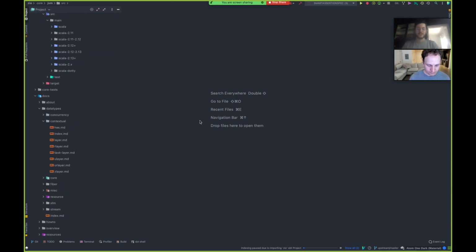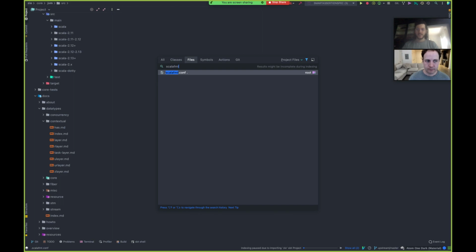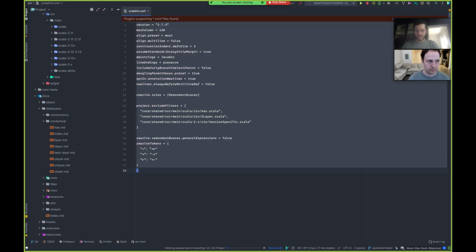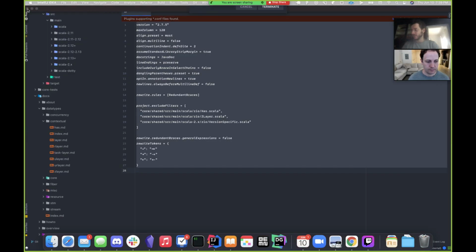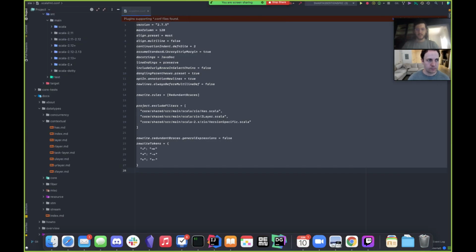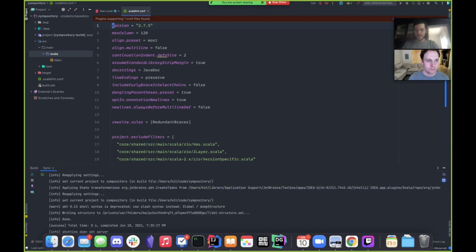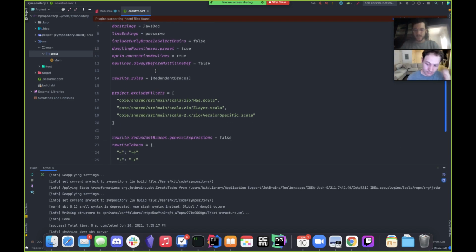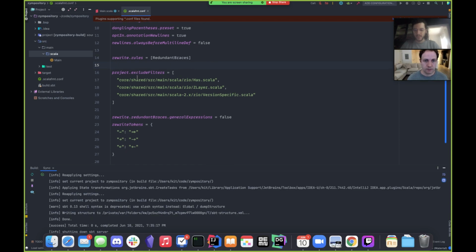So let's see, Scala format. Since we don't have that getter template, let me grab ZIO's. There we go. Oh, this looks nice. Lovely. Okay. I think that's all I need to steal from ZIO at this moment, but that's a good thing to start with. And 2.7.5, yeah, preset. Oh yeah, multi-line. There's a lot of nice little subtle things. Oh yeah, and it removes braces.